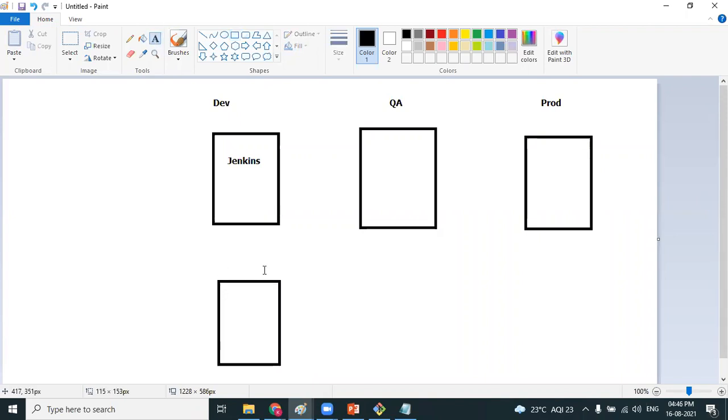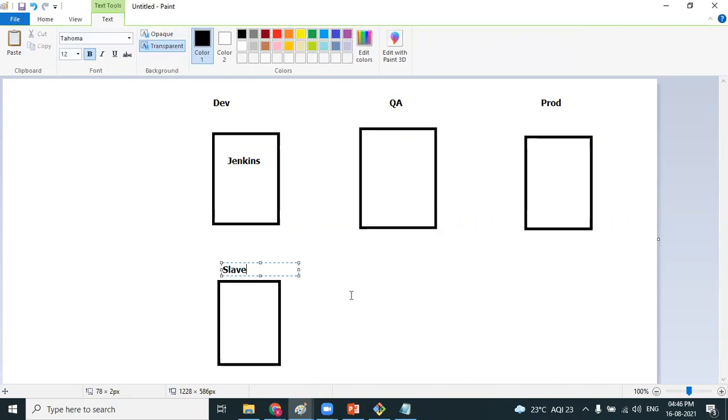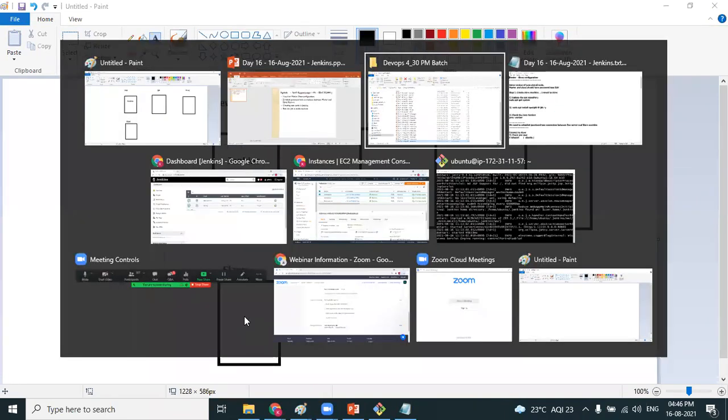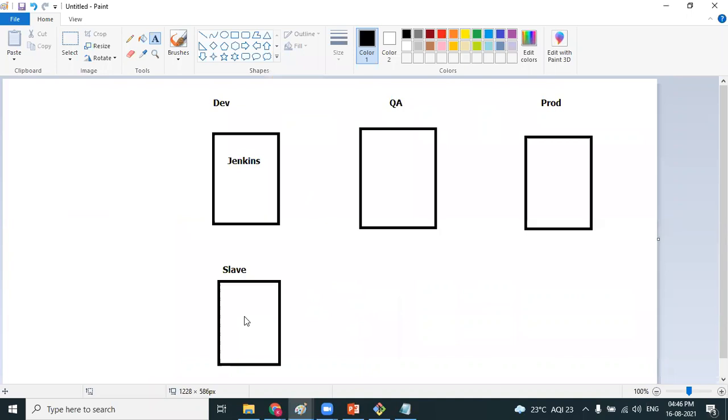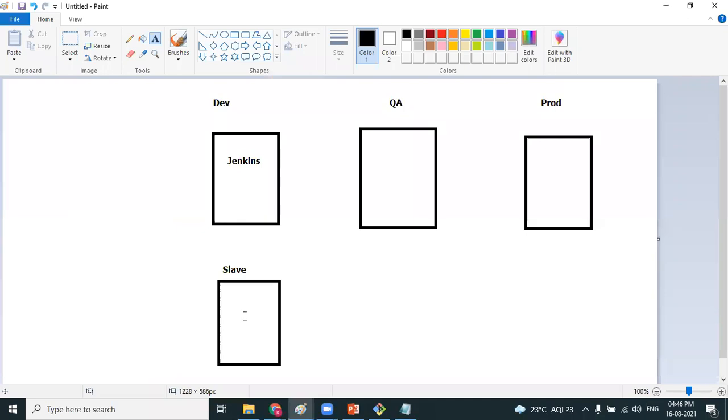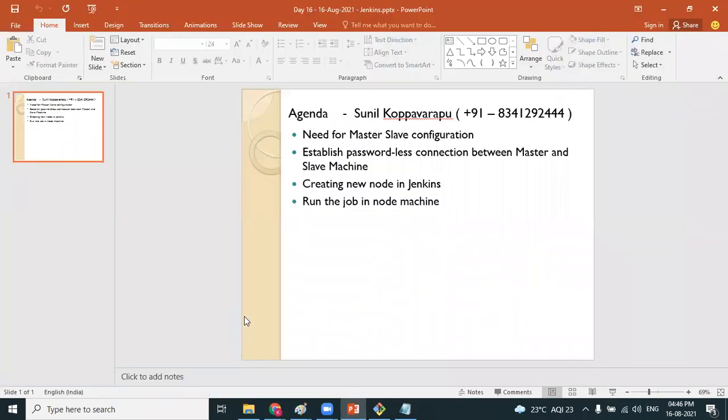We create a slave machine, and then we restrict the jobs in such a way that they run on the slave machine, so that the load will be distributed. Clear about this? So we distribute the jobs so that the job runs on the slave machine. That means the job will consume the hardware resources of the slave machine. If all jobs run on the slave machine, again the same issue. At least a few jobs we should transfer to the slave machine so that the load gets distributed. Clear, Anuj? Okay. Got it.